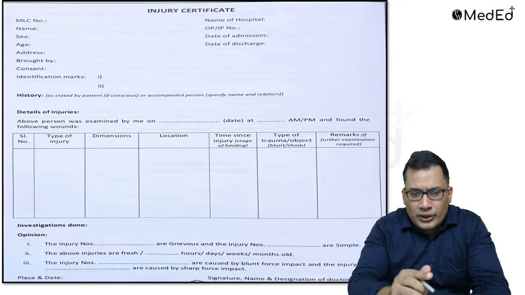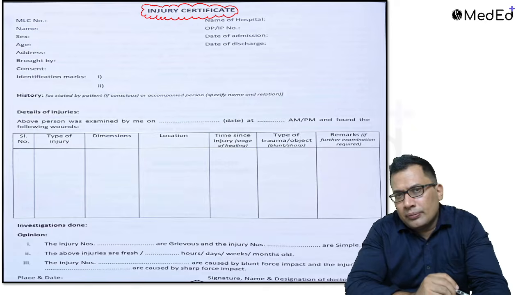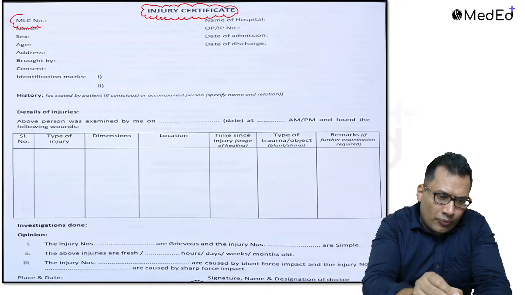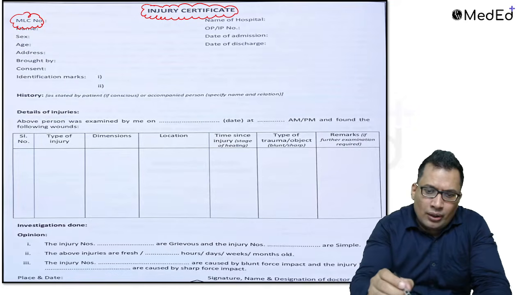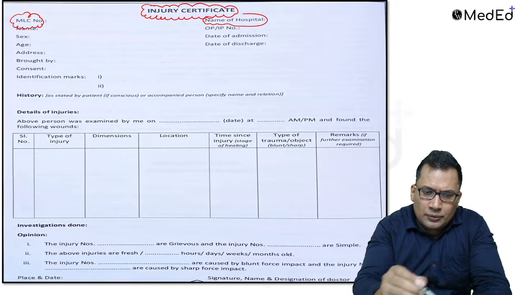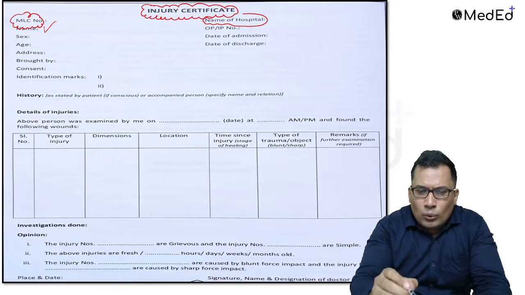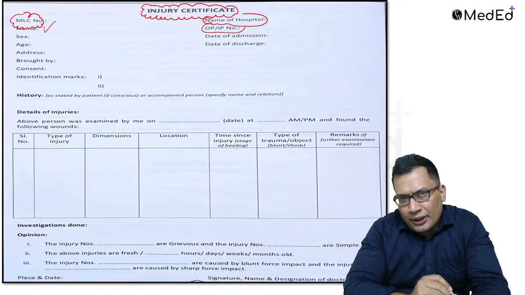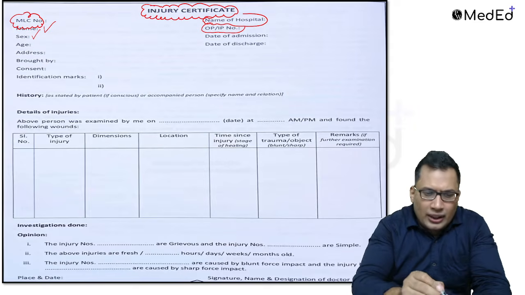You can see here injury certificate, also known as wound certificate. You need to write like this: MLC number. What is MLC? Medico legal case number. Name of the hospital, the name of the patient, OP number or IP number, outpatient or inpatient number, the sex, male, female, age,